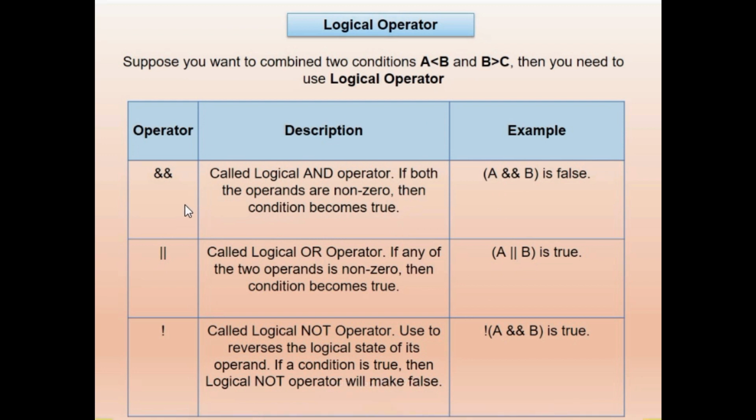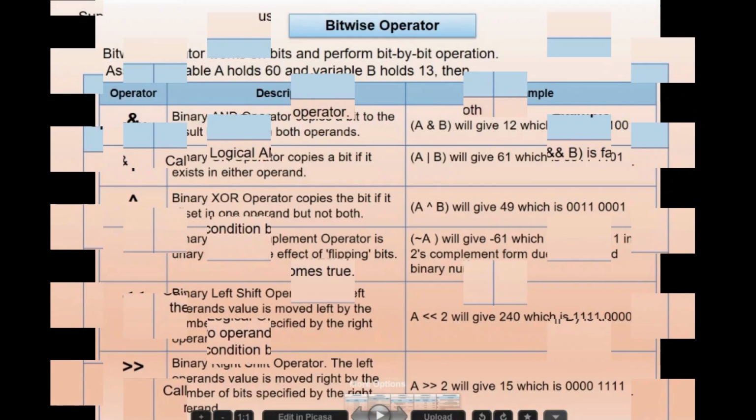We have used these operators in the 12th standard, where we understood the concept of logic gates, that is the AND gate, OR gate and NOT gate. The AND gate truth table says that both the conditions must be true, then only you can get a result as true, otherwise it is false. In the OR gate, if any one of the conditions is true, then the result is true. In the NOT gate, if you send a value of 1, it will result in 0, and if you send a value of 0, then it will result in 1.